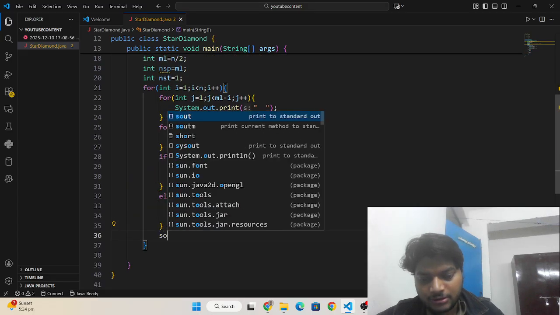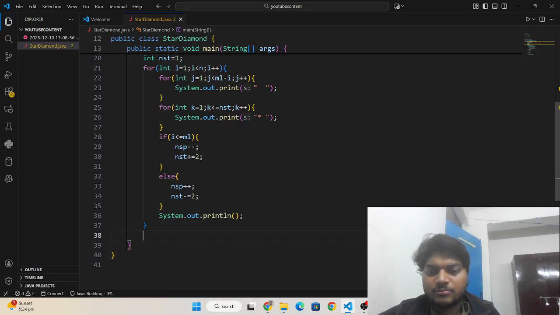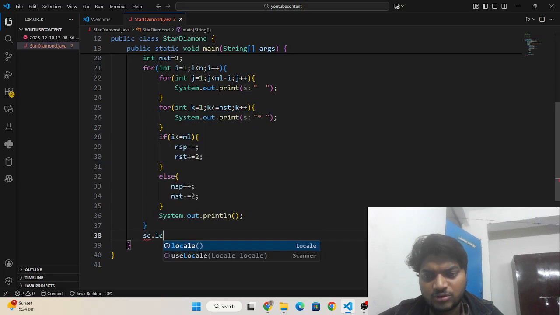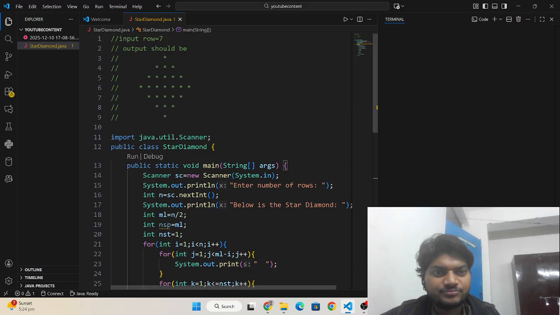And then I need to write a println statement, so that after printing the number of stars in each row, it can move to another row and move the cursor to the next line. And here I need to write sc.close to avoid memory leaks or resource leaks. Okay, and then I need to execute here.